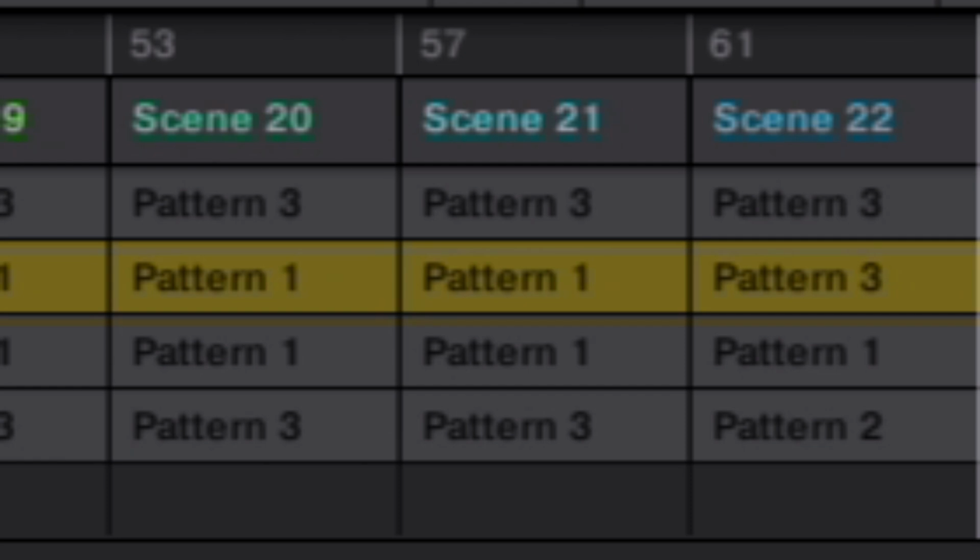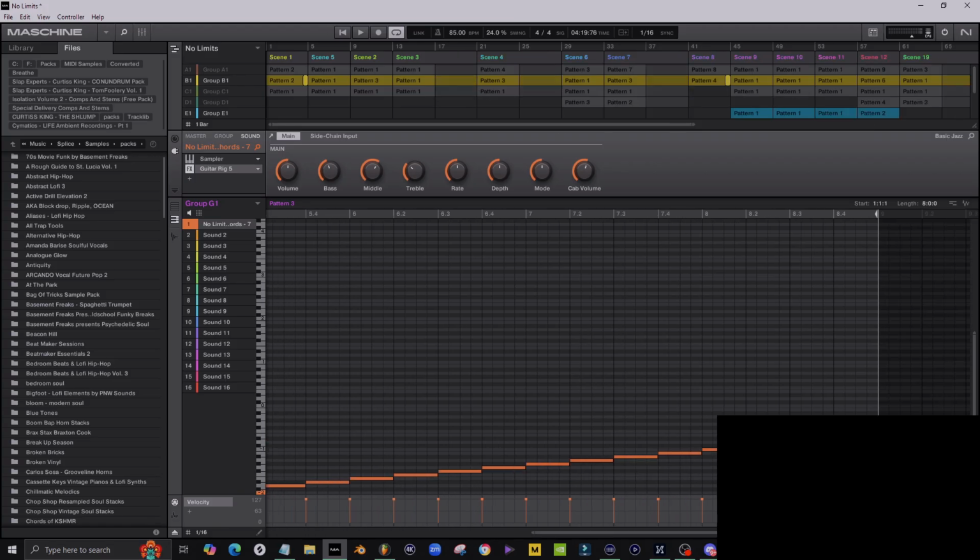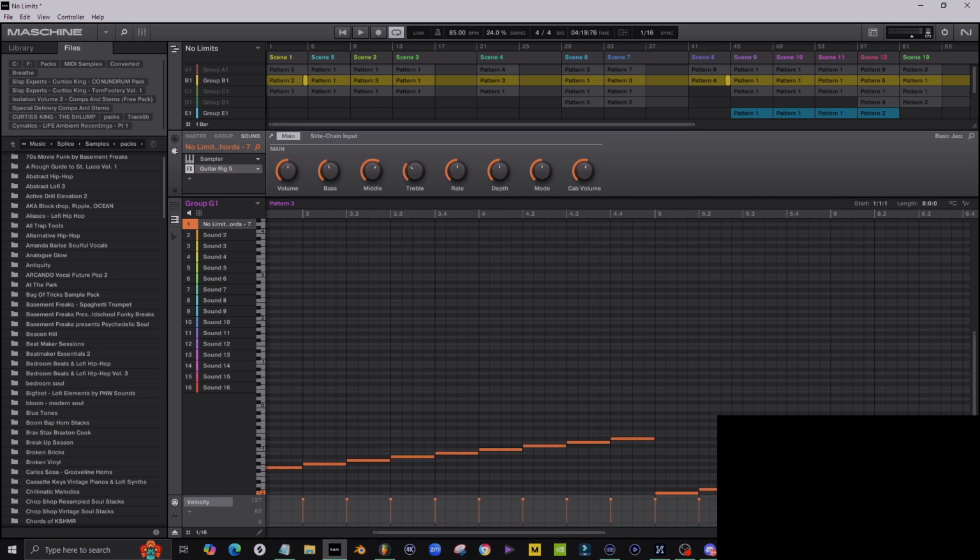That especially for beginners, because there's a lot of easier things you can do, even with the patterns. If we go to a pattern, this pattern, let's say I want to make this 8 bars. Now, this is an 8-bar pattern instead of being a 4-bar pattern just by a touch of a button. Sure, these are available on FL Studio as well, but it's a lot quicker to do. There's other things like note repeat.